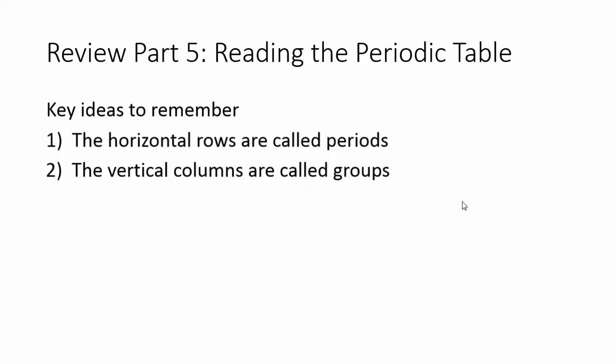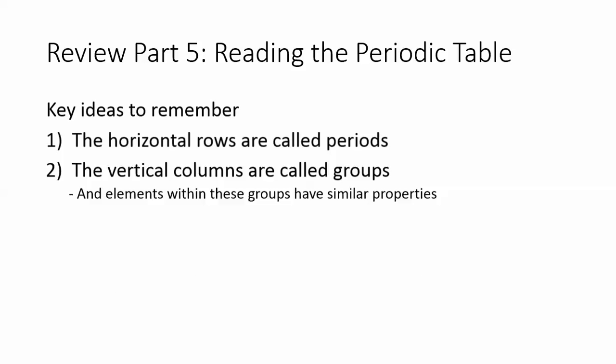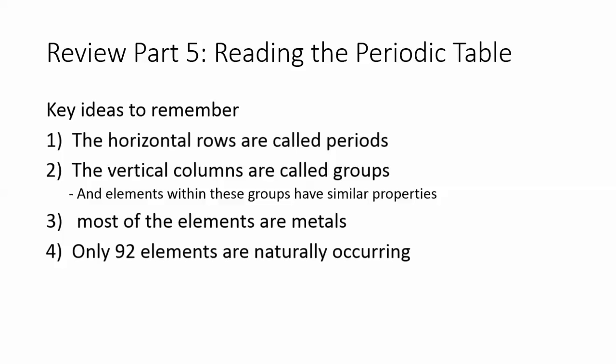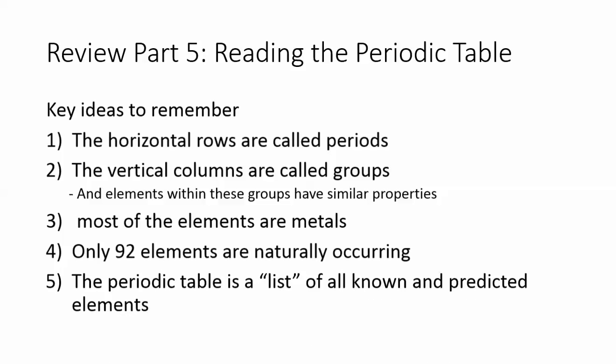The vertical columns, that would be vertical up and down, are called groups or families. Elements within these groups have similar properties. Most of the elements on the periodic table are metals. Only 92 of the elements are naturally occurring. And the periodic table is a list of all our known and predicted elements, and it's arranged by atomic number